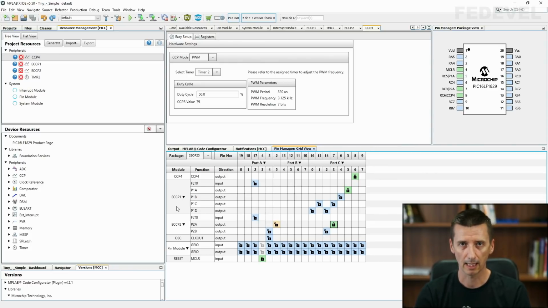But the PWM output that we need for our board is on these PA pins. So it is on P1A and P2A pin. Here are the PWM outputs that we need from these ECCP modules. Okay, so that's perfect. We designed our schematic correctly.